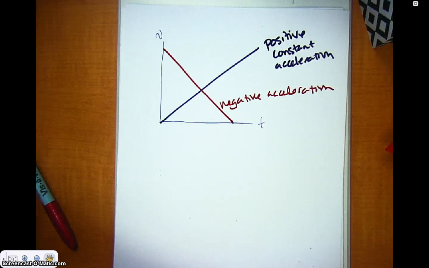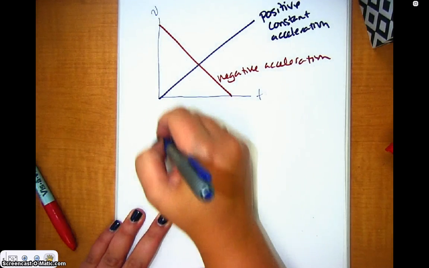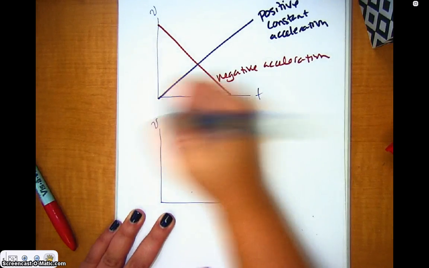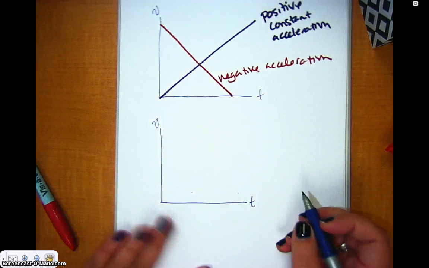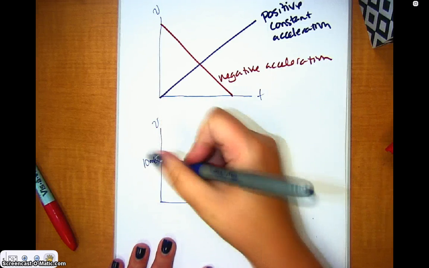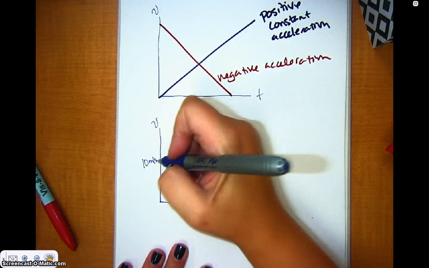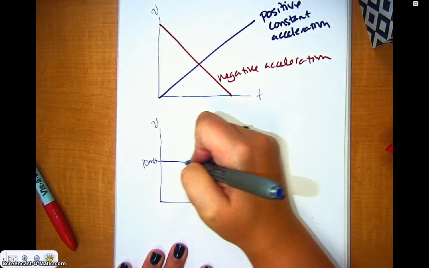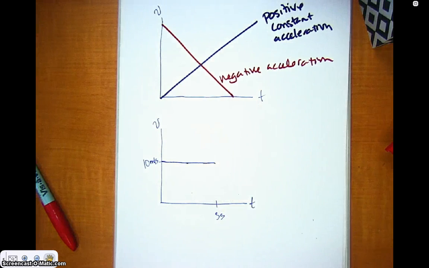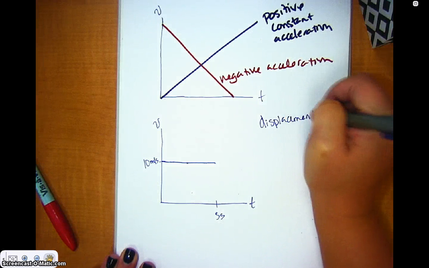Now, there's one more thing that I want to point out to you about velocity versus time graphs, which is really important. And if you've taken calculus, you may have learned about this, right? So if I have velocity over time, and let's say I am going a constant velocity, I'm going to put some numbers in here, like 10 meters per second, and let's say I'm doing that for 5 seconds, right? So my graph would look like this, going across at 10 meters per second for 5 seconds. Is there a way from this graph that I could actually figure out how far I was from where I originally started? So my displacement,